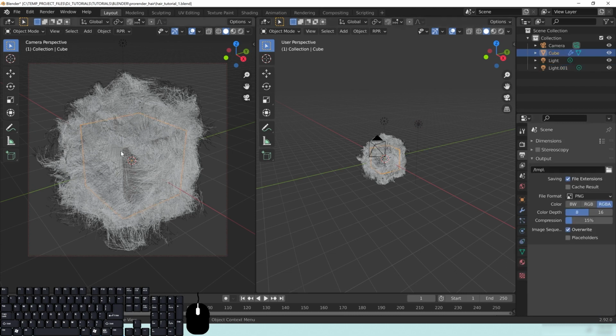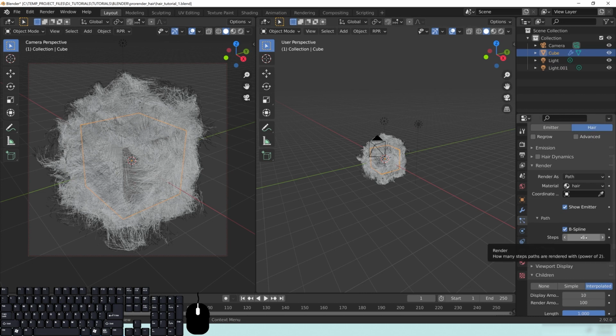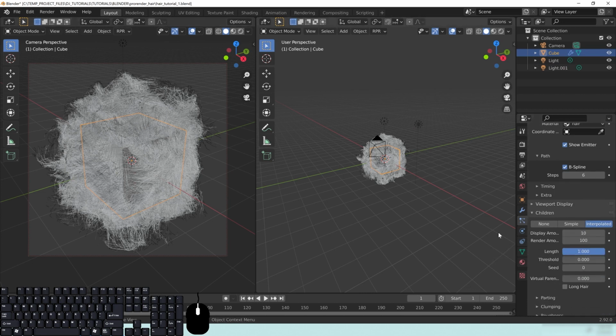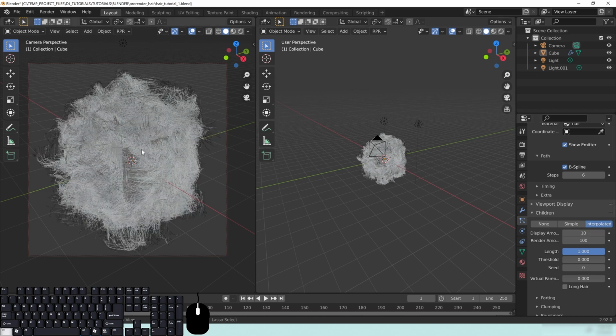And just remember that this is not going to be what you see in the final, because remember, in our render, we have 6 steps. So there's going to be a lot more detail in the amount of curls that are going on. And right here, we have only 10 displayed, but it's going to render 100. So if we change this right here to 100 to display it, this is more of what we should see in the final render. Okay, so just keep that in mind before you hit that render button. I'm going to change this back to 10, save the file,